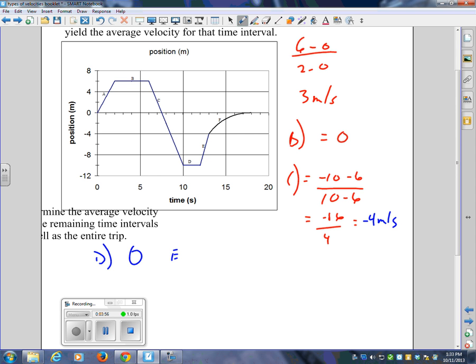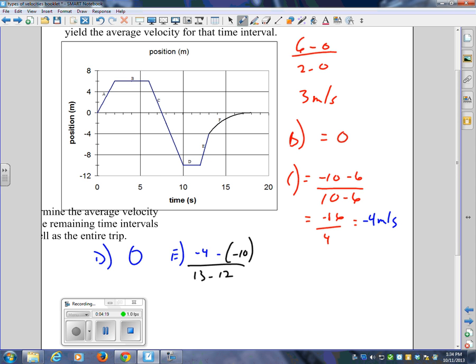E is going to be, now this point right here, the y value is minus 4. This point here is at minus 10. Now, if I just go like that, am I good? No, because I have to make sure I subtract. So subtract minus 10 over, we got 10, 11, this is 12, this is 13, so that's going to be,